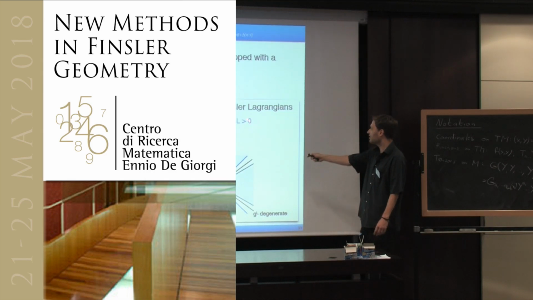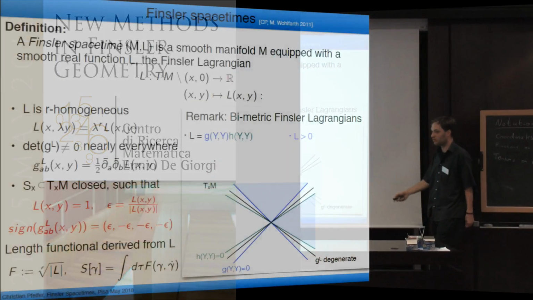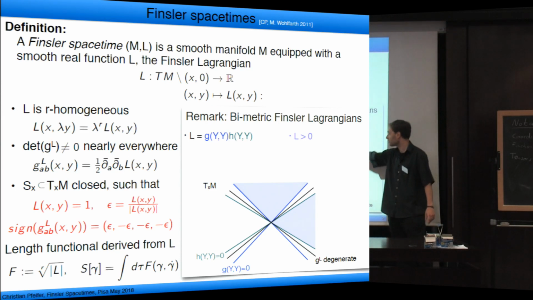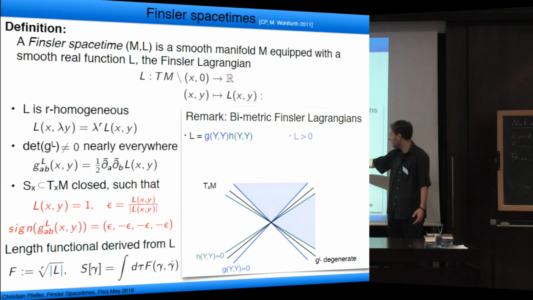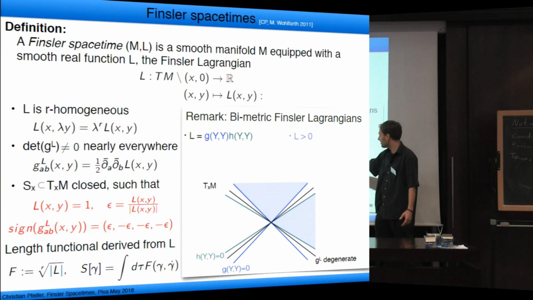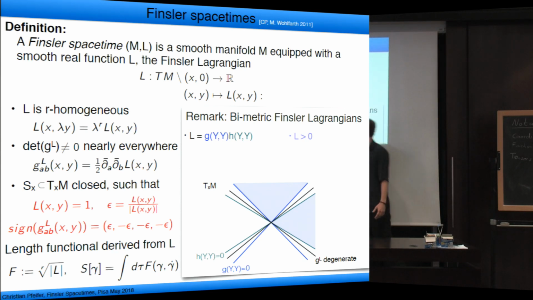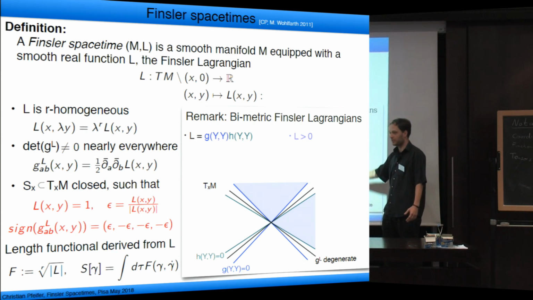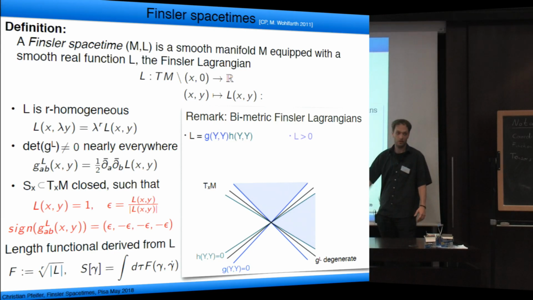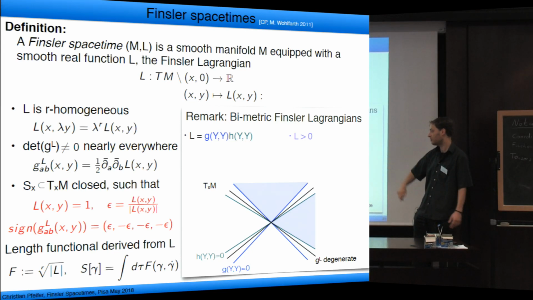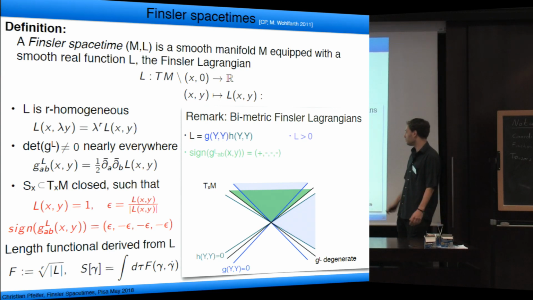Then we can look at the sign of L to classify observers. We may say, okay, all tangent directions for which L is larger or smaller than 1 are our time-like directions. This does not work in such examples because the sign of L is the same for the vectors which are time-like with respect to both metrics and for the ones which are space-like with respect to both metrics. So we need a refined classification of directions in the tangent space. And that's why we came up with the following.